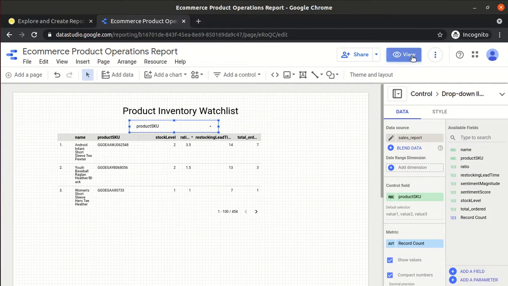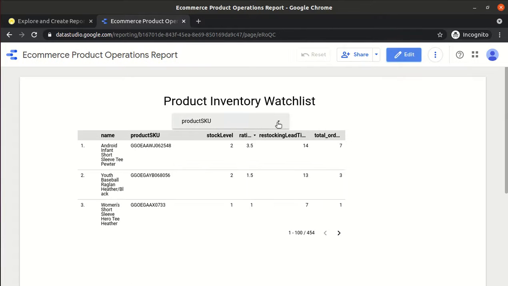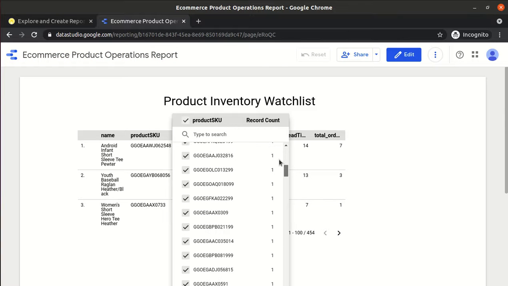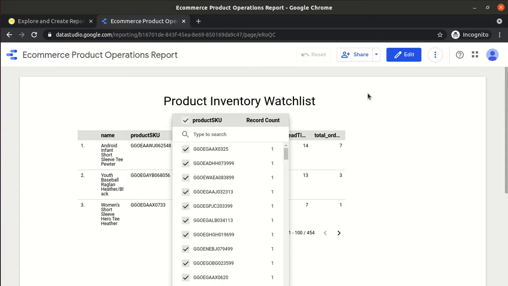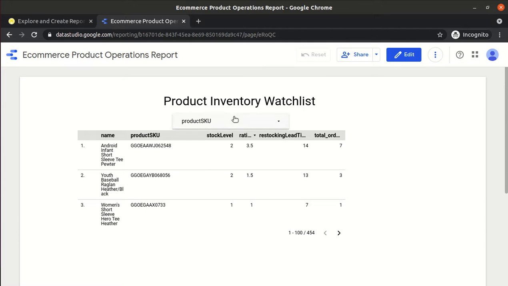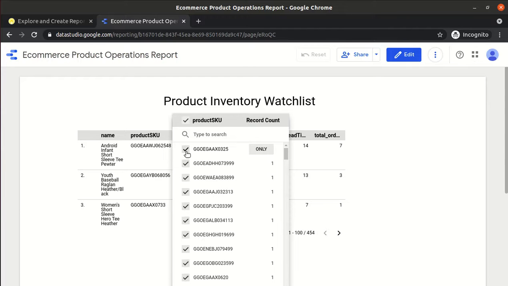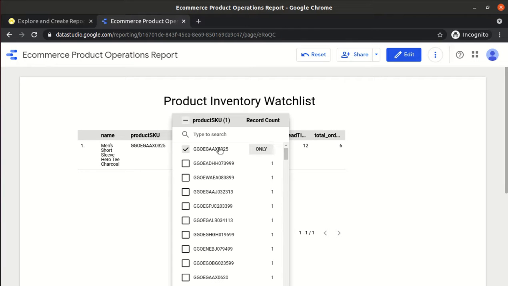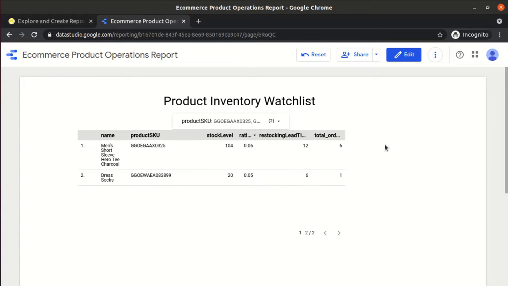Okay, if I view it, what is interactive in this? Okay, so this is the interactive option. Fine. So we can create the interactive option as well. Let me uncheck all. If we want only one product, we can see only one product. If we want two products, we can see two products, right? So we have created the interactive option as well.